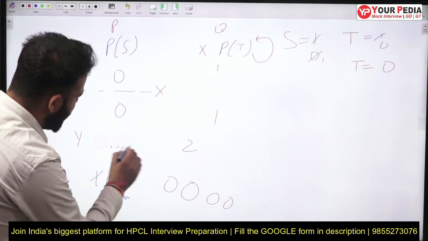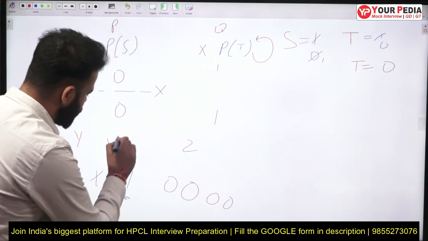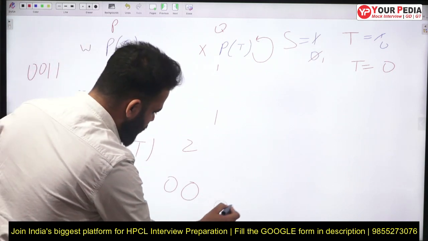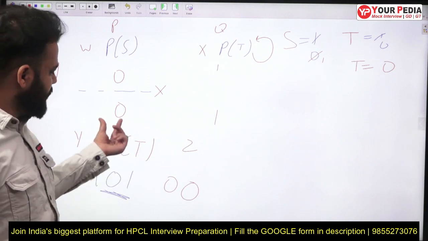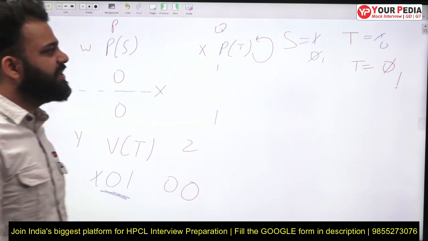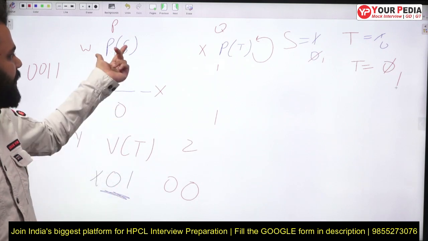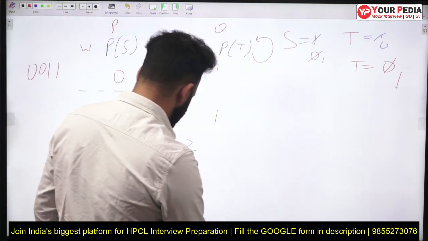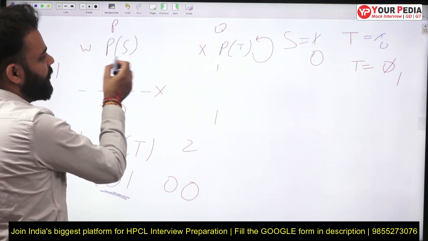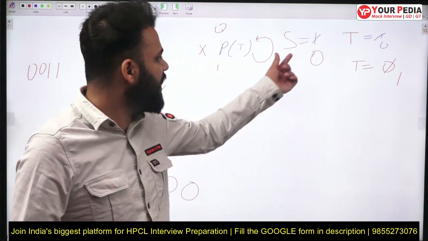So you cannot put V(S) here. Let's try to put V(T) here. Now you have printed two zeros. After completion of this line, T will be changed to 1. Now if you try to run P again, P(S), the value of S is 0, because it was made 0 by this operation, and there is no up operation for S yet. So the value of S will remain 0.